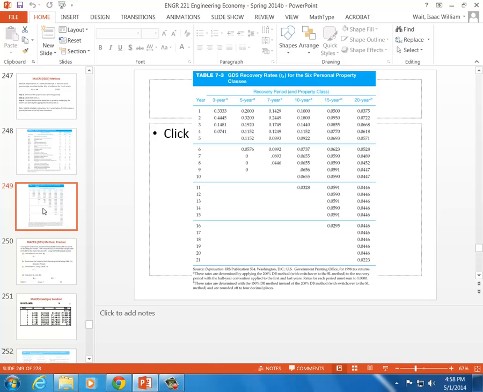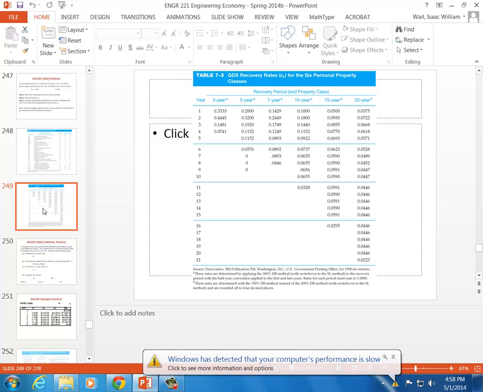So 0.20, 0.32, 0.192, 0.1152, 0.1152, 0.0576. Okay. So if we have a cost basis of $22,000 originally, then the depreciation for any given year